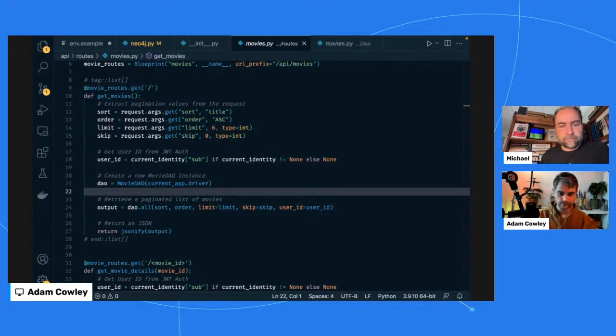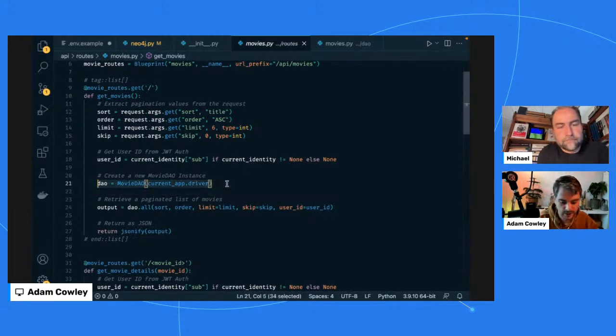Yep, definitely. So we then create an instance of this movie DAO, so movie data access object, and then we pass the driver through to that class. So that's available for the duration of that class. And then basically the magic happens inside this all method. So you pass through the different parameters that we've got from the URL in order to